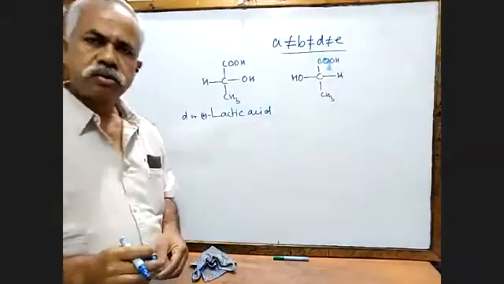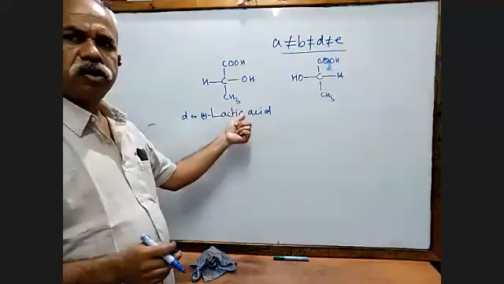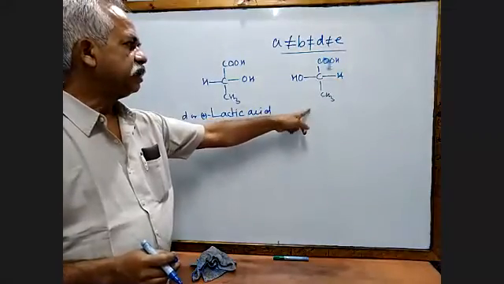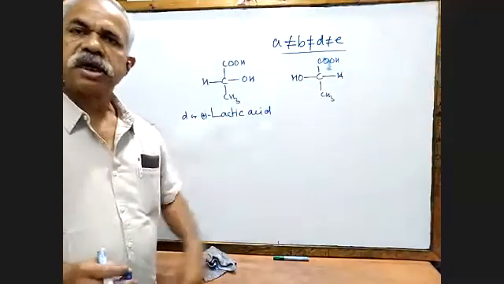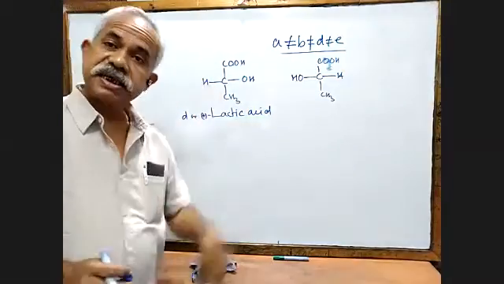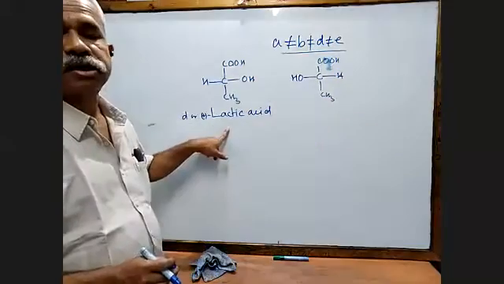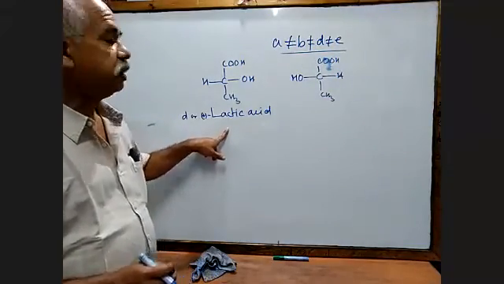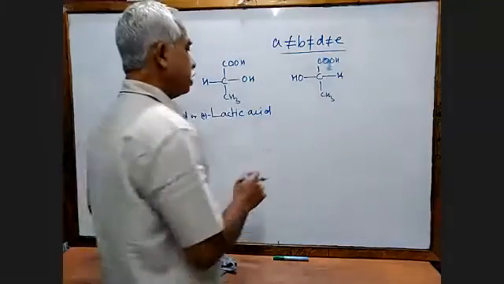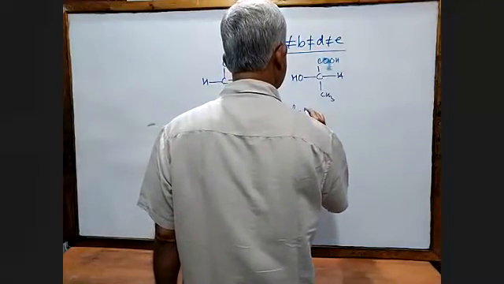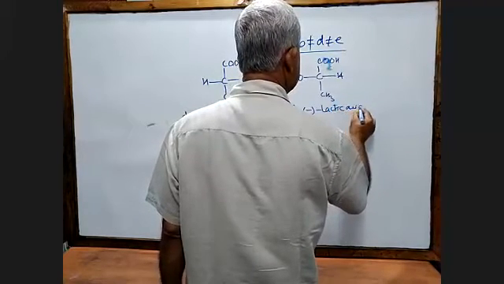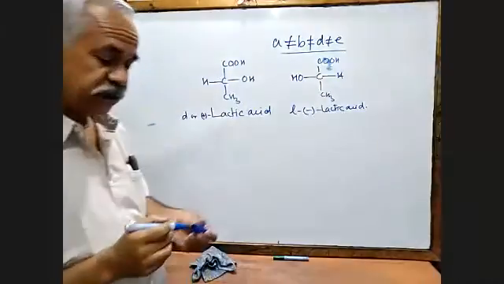So please don't feel that he will hold the molecule and twist it. No. These structures you cannot change. Okay. So you will find in that case this isomer of lactic acid is going to turn the light towards left hand side, and the deviation will be exactly equal. Say suppose it turns the light towards right by 50 degrees. This is also going to turn the light towards left, opposite 50 degrees. Okay. So what should I call it? I call it L or minus lactic acid.